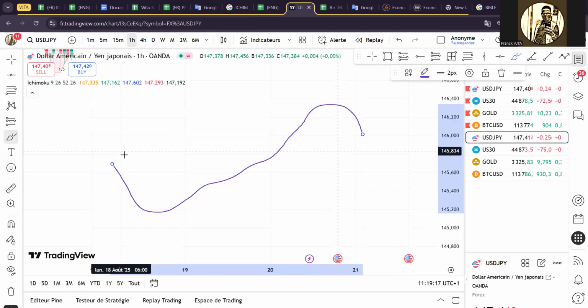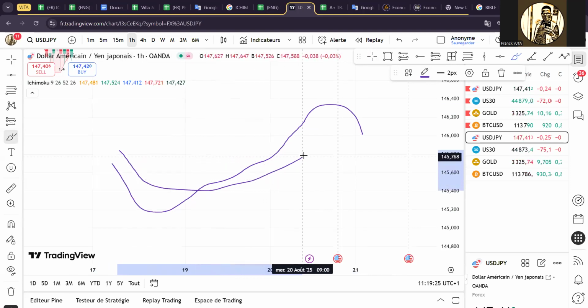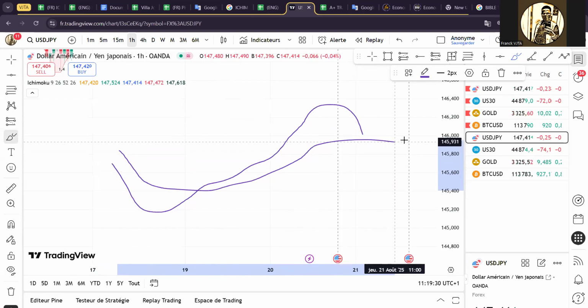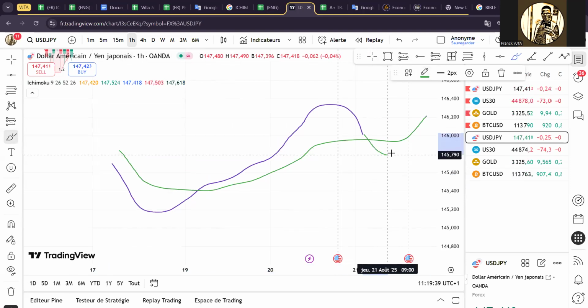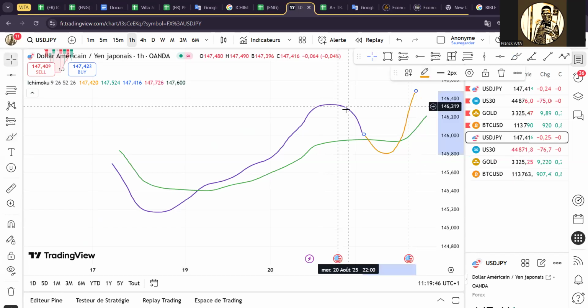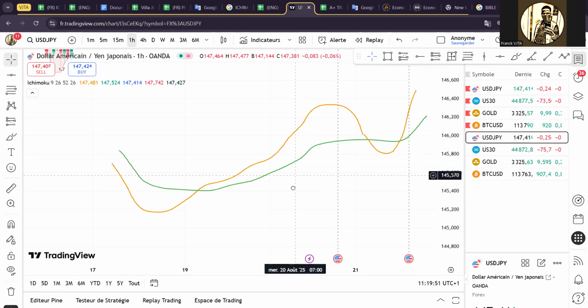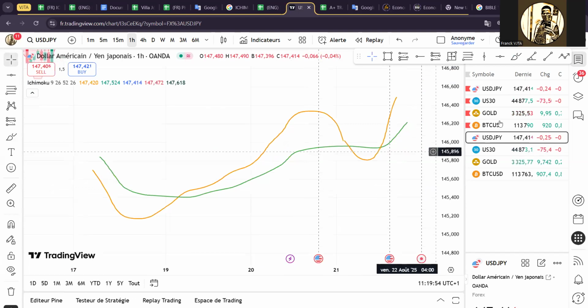And at the same time, Kijun crossed Tenkan here and rose up, and then they recross at this level. Then Kijun will go up because at this point, Tenkan will go down, then go up again, and that will be a correction. So we have this type of shape, where what we got is